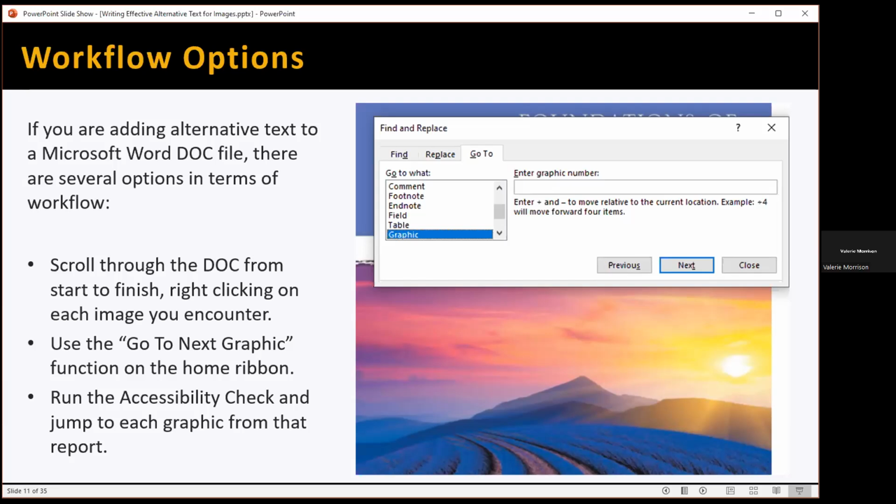Another option, if you don't want to scroll, if you have a larger document and your scroll wheel sometimes gets squeaky, or sometimes your finger gets tired, or sometimes you're using a different type of mouse to help with your movement, or you might prefer using an accessible mouse. So we also recommend this workflow, and I have a screenshot of the Find and Replace dialog box. You go to the Home ribbon, go to Find and Replace, and then select the Go To tab that's in the screenshot,